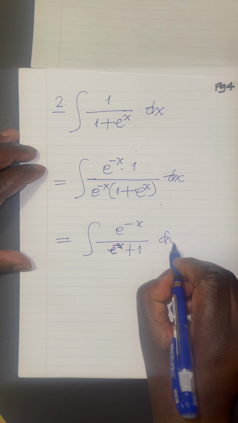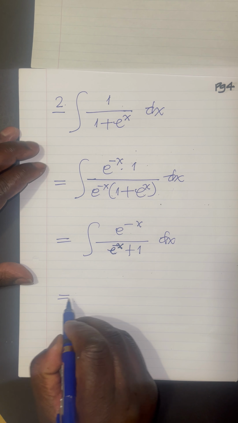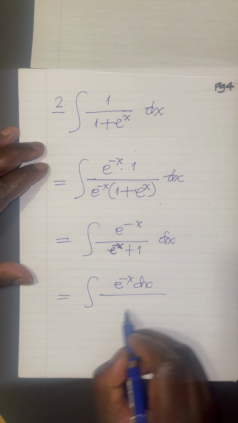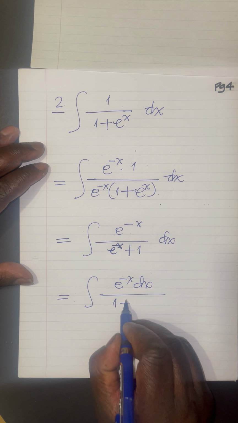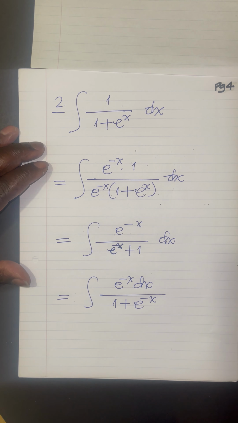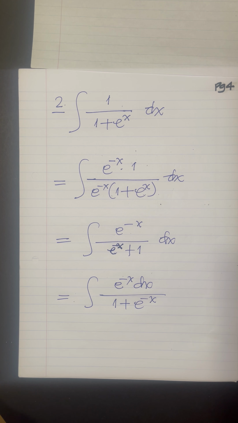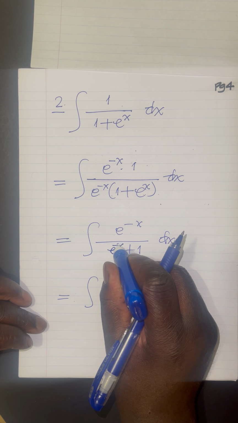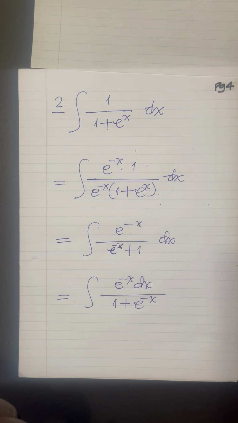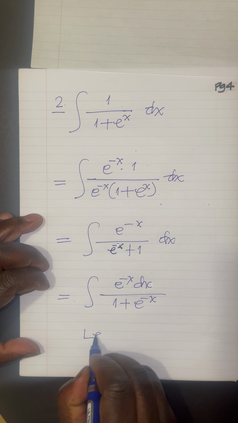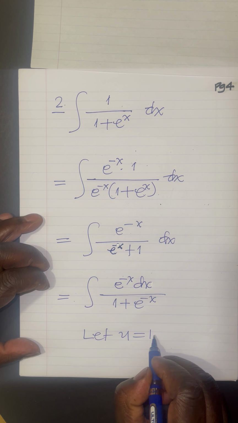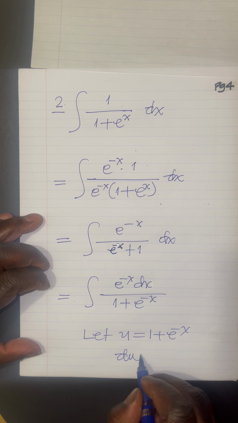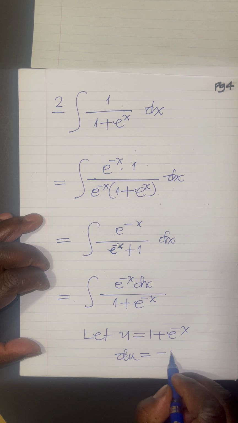And we have dx. Rewriting this, we have the integral of e to the minus x dx all over 1 plus e to the minus x. Now you can clearly see we are in a better position to apply u-substitution. So if I apply u-substitution now, it will work because I'm going to simply say let u be equal to 1 plus e to the minus x, and therefore du, if you agree with me, is going to be equal to minus e to the minus x